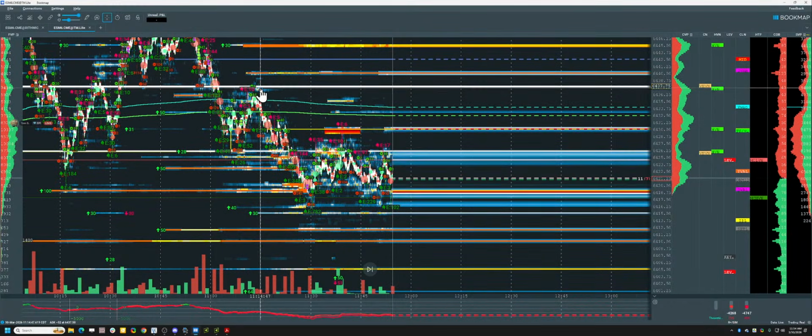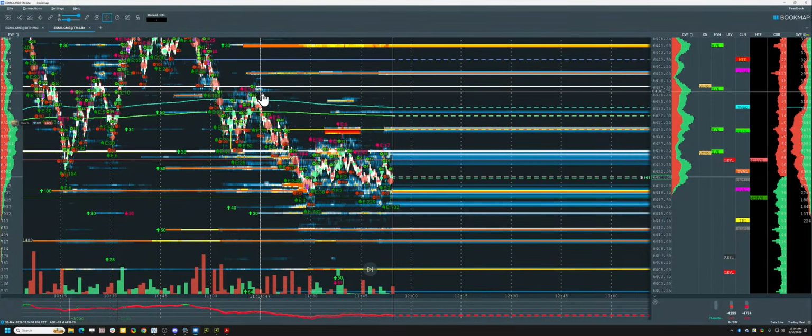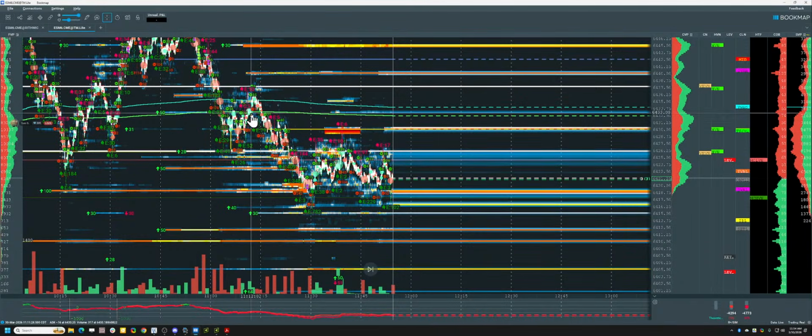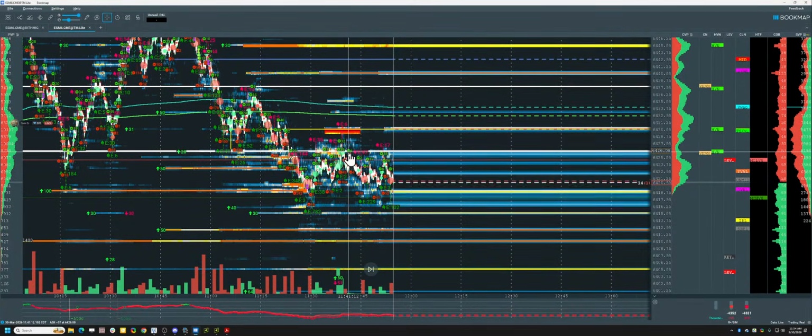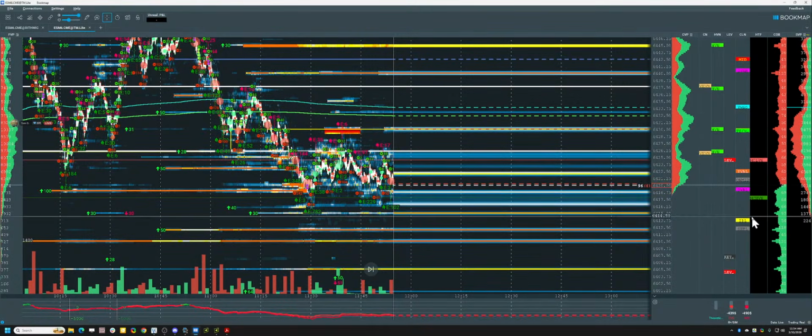VWAP, who knows? Where's my resistance? That isn't it. This is it, or this is it. Come back here. This is reversion. This is support. Break below it. What is this? Is this interesting to you? Break low. Test. Where are we trying to go? Here. This is called structured trading.